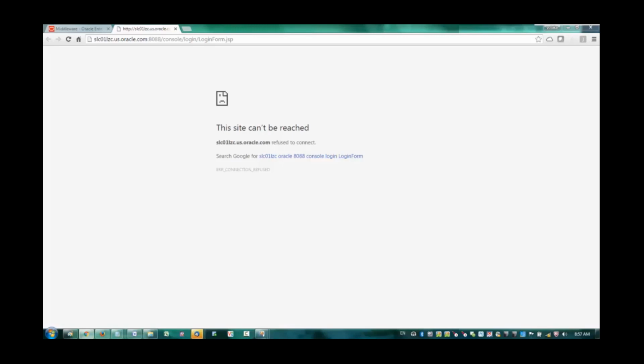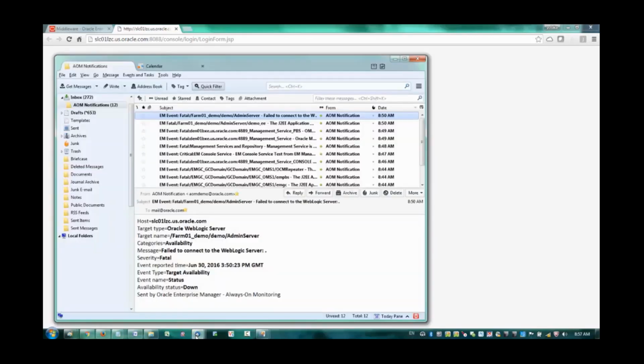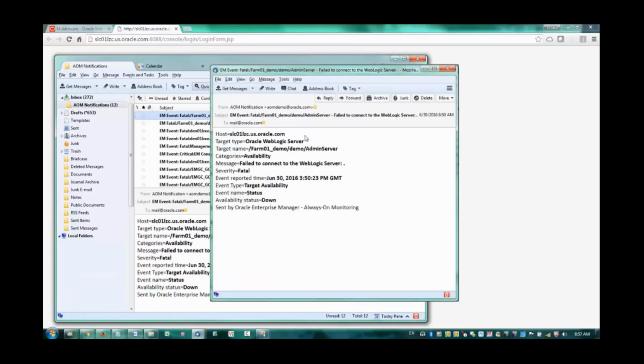So let's prove that. I'm going to open a mail client, Thunderbird in my case, and I apparently received a bunch of email from AOM around the same time. So I'm going to open the top message from my mailbox, and the subject says, failed to connect to the WebLogic server. And the name of the target is admin server, which is the WebLogic server I just shut down. Severity is fatal, availability status is down, but most importantly, if you take a closer look at the bottom